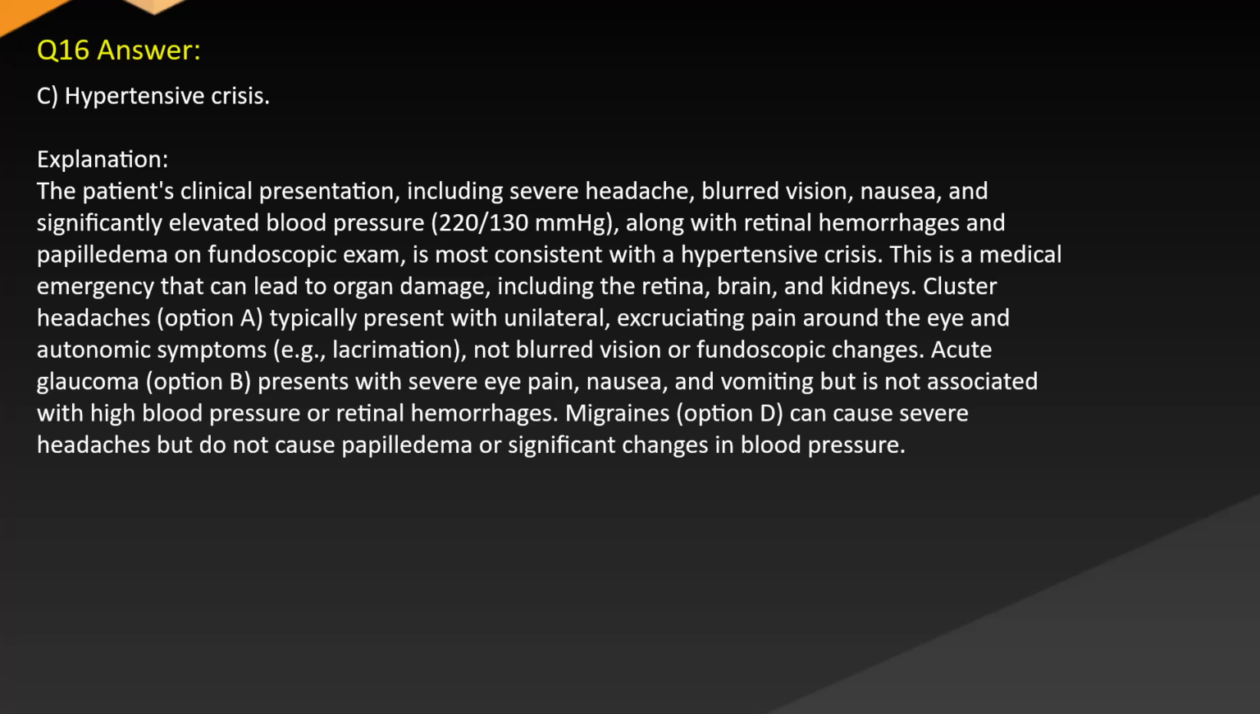Cluster headache, option A, typically presents with unilateral, excruciating pain around the eye and autonomic symptoms, e.g. lacrimation, not blurred vision or fundoscopic changes. Acute glaucoma, option B, presents with severe eye pain, nausea, and vomiting, but is not associated with high blood pressure or retinal hemorrhages. Migraines, option D, can cause severe headaches, but do not cause papilledema or significant changes in blood